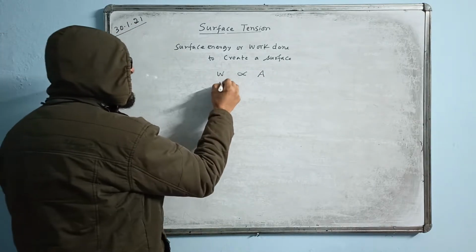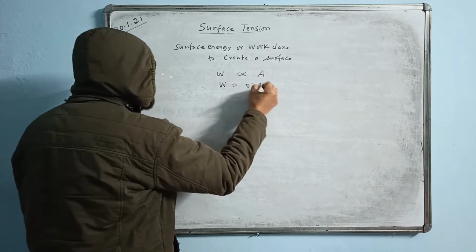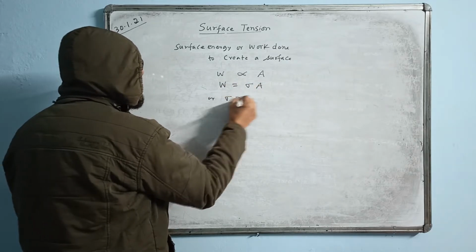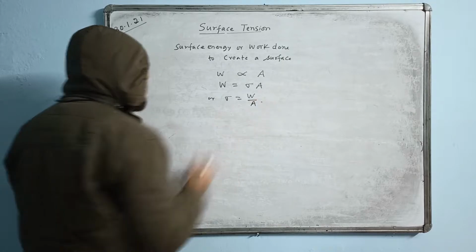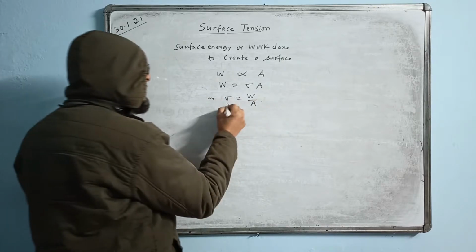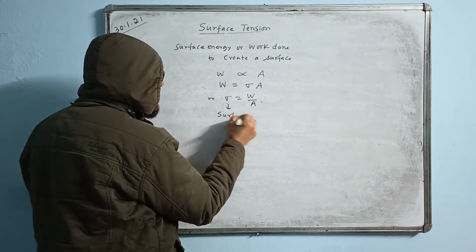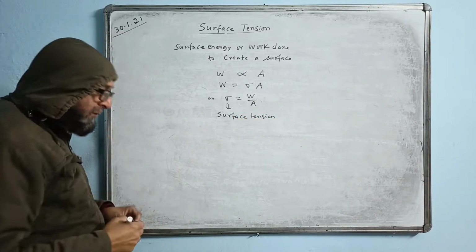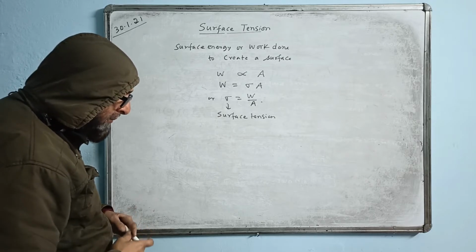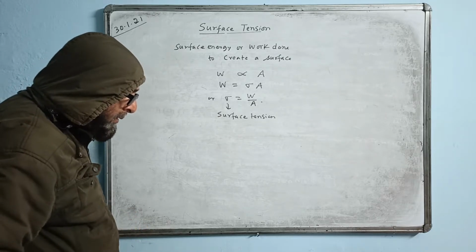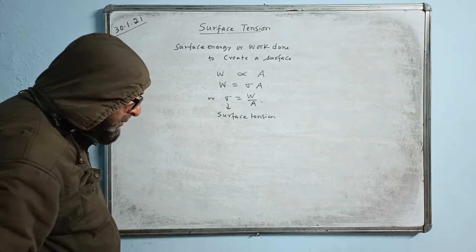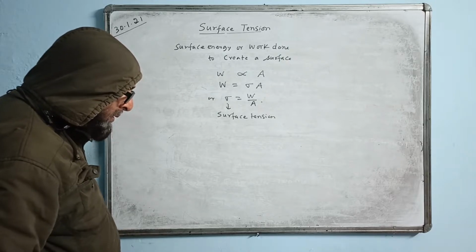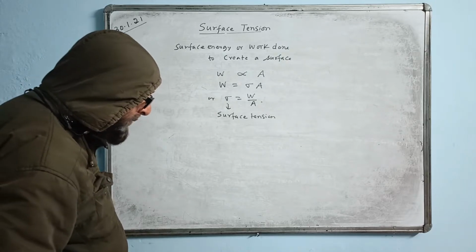So this one also we write with the equal sign, W equals sigma A, or sigma is equal to W by A. This is also surface tension. So we can give an alternative definition of surface tension. We can say it is the surface energy per unit